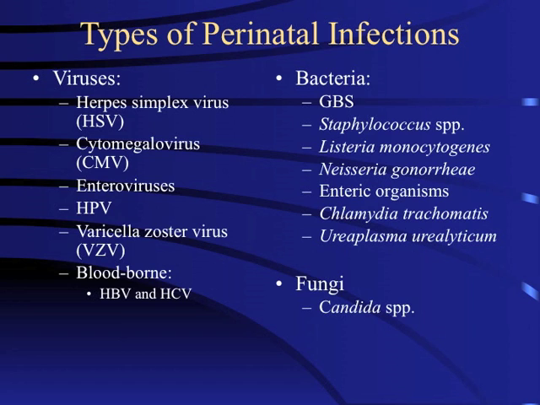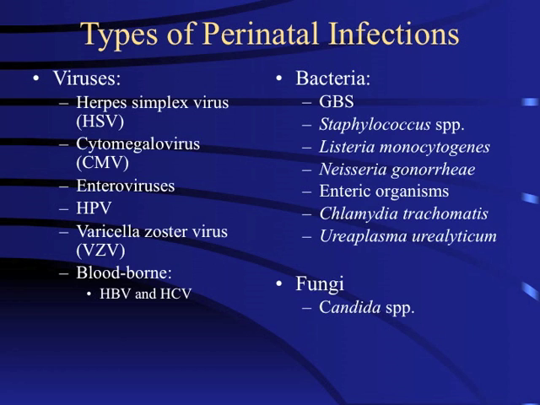And then there's a bunch of other infections that can happen after birth, like at the time of delivery, especially herpes simplex virus. CMV can also happen, enteroviruses, human papillomavirus, and laryngeal papillomatosis is a big problem in children. Varicella zoster virus, and some bloodborne pathogens, especially hepatitis C, since most mothers here in